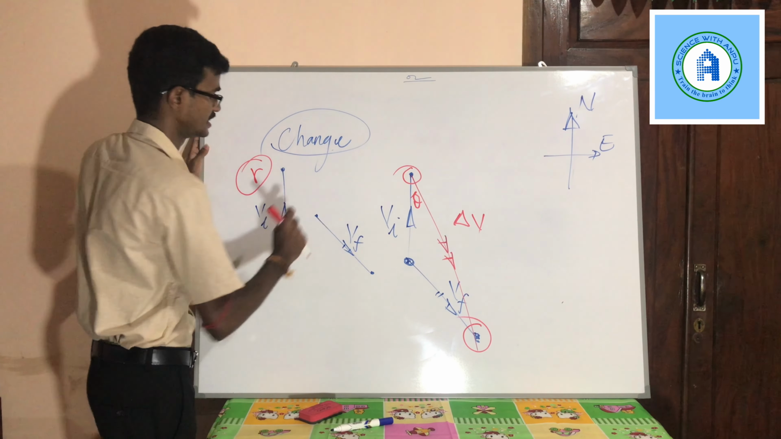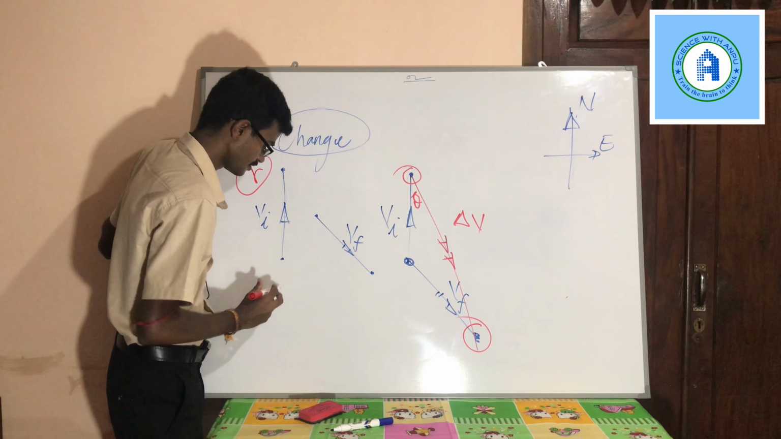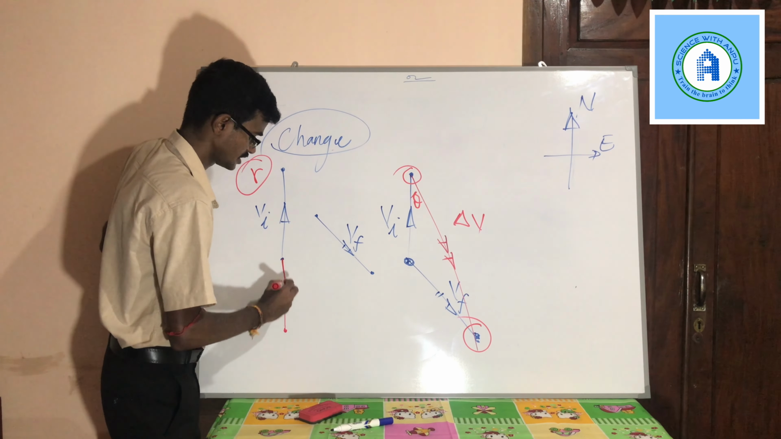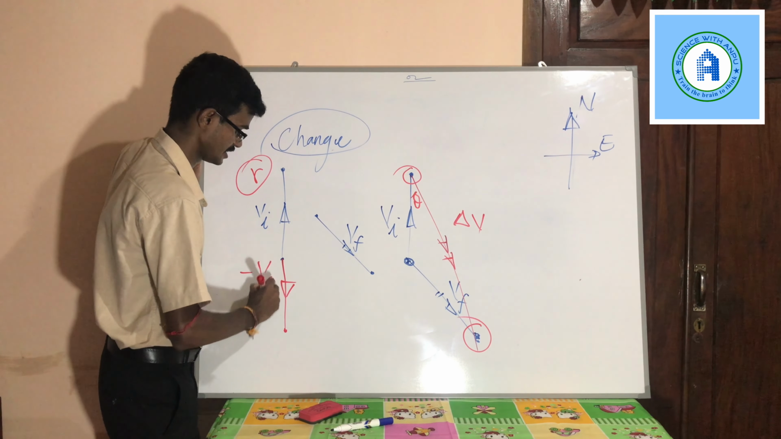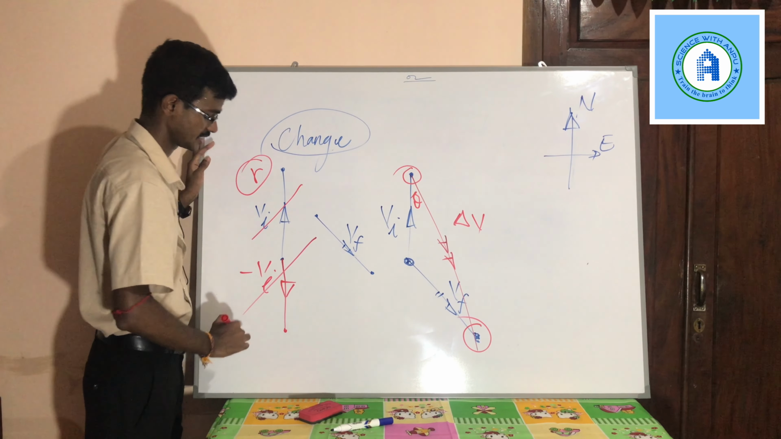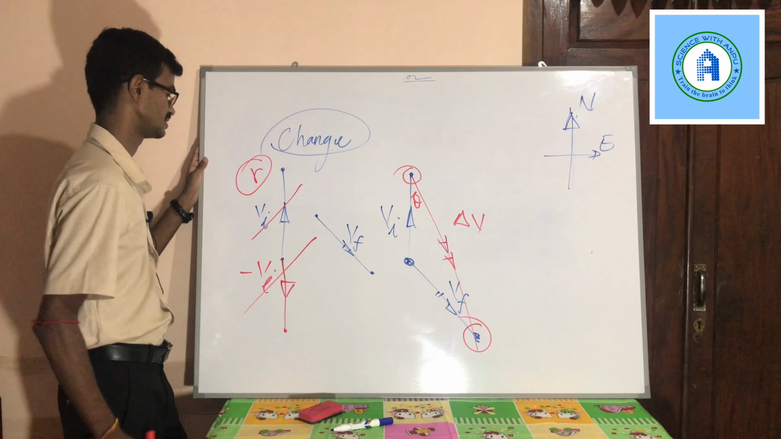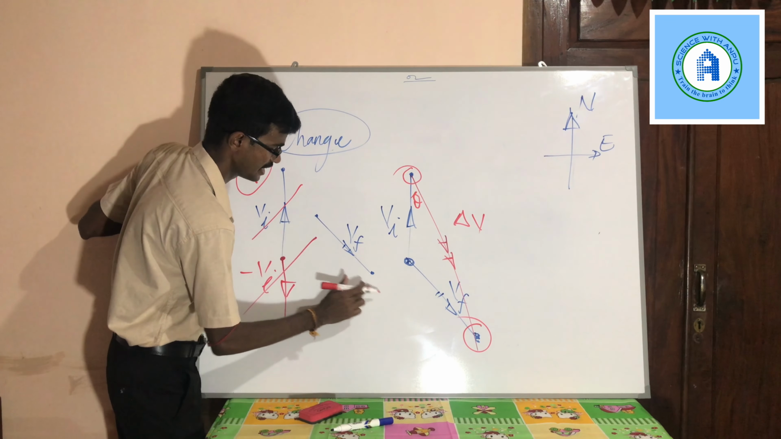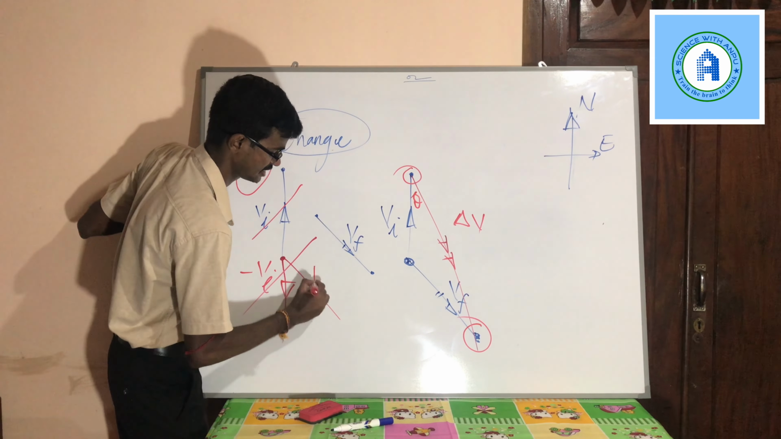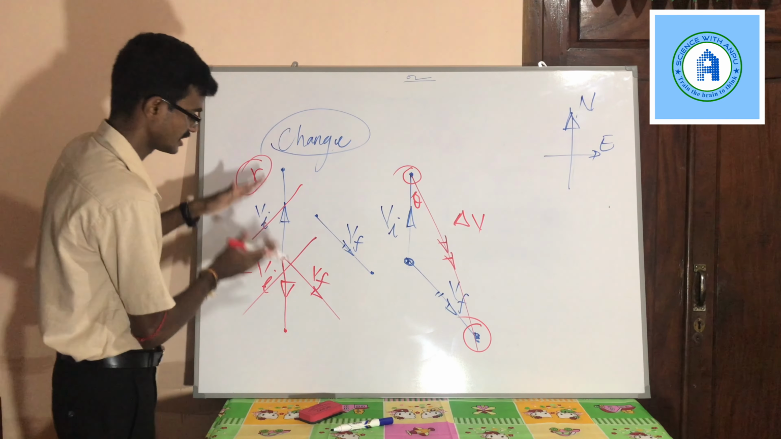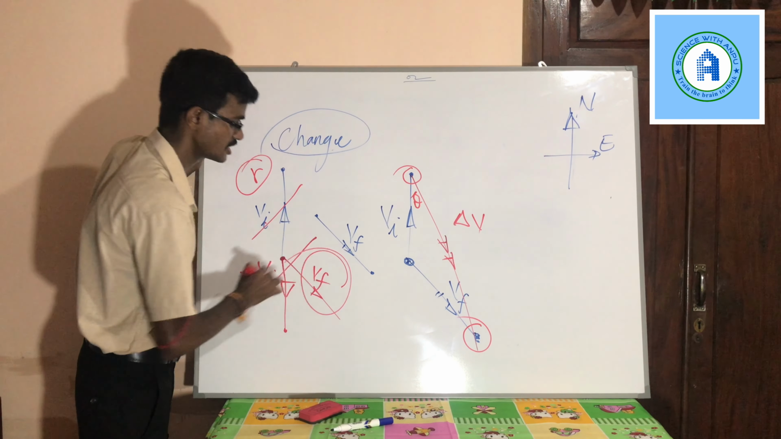How can I change this into this? First of all, I have to give equal and opposite vector minus vi. If I give minus vi, these two vectors will cancel each other. Then what can I do? I have to add vf vector. Yes, now these two are cancelling each other, so this vf will be the